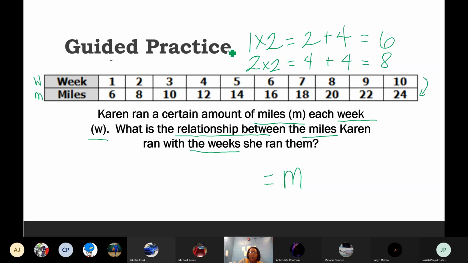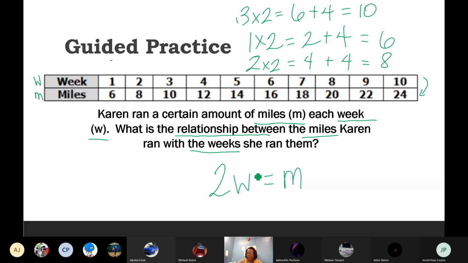Let's see if it works for week 3. 3 times 2 is? 6. Then add 4. And will I get 10? Yes. So when I write this as an equation, I want to say, here we go,